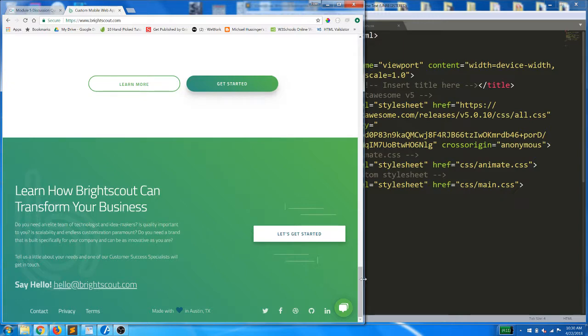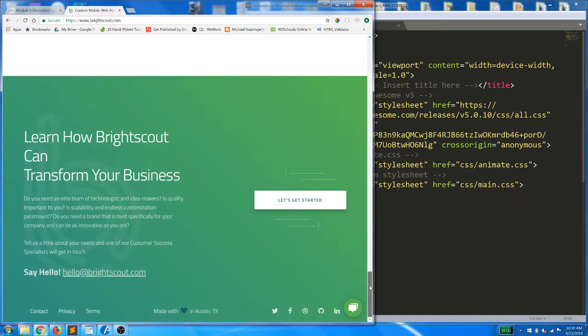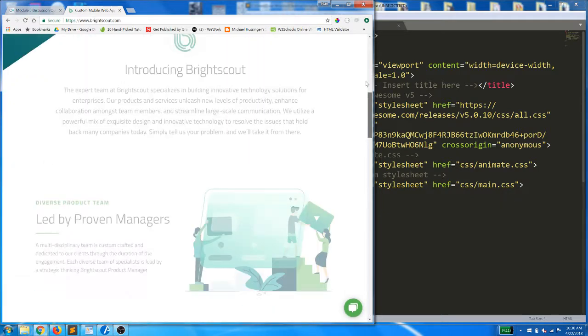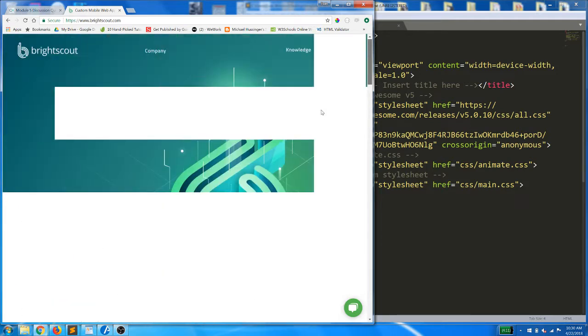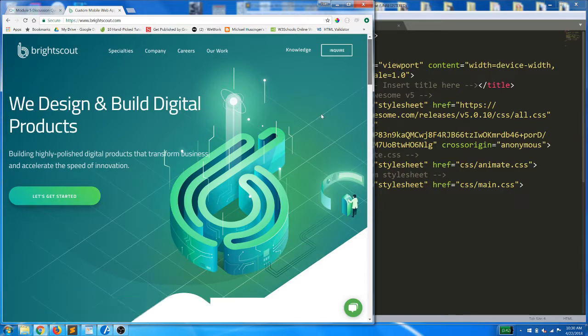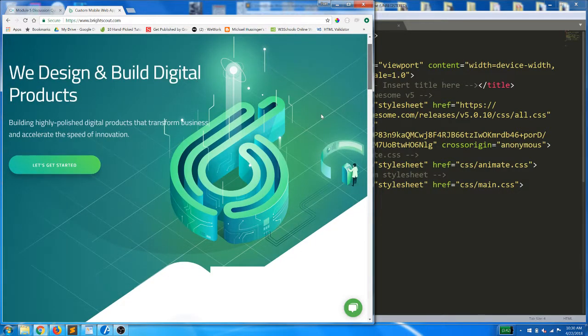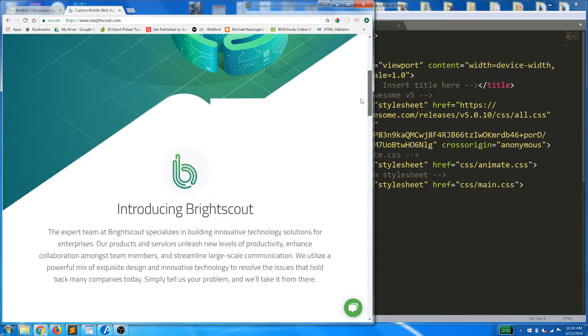But most of their website is contained on this homepage powered by one index.html. And this is a very straightforward example of single page websites, which are becoming more popular. Bright Scout is not a very optimized website, as you can see. It has a lot of loading issues,